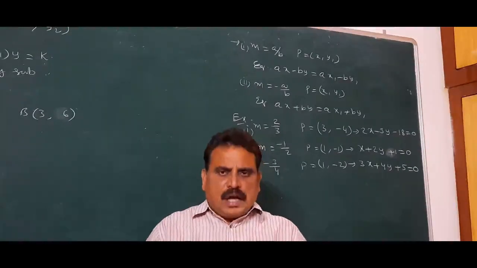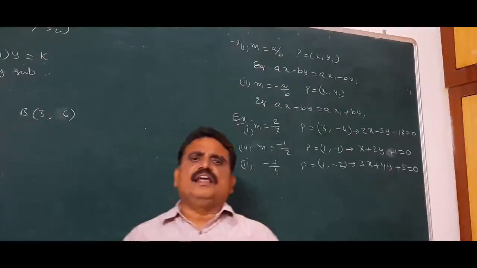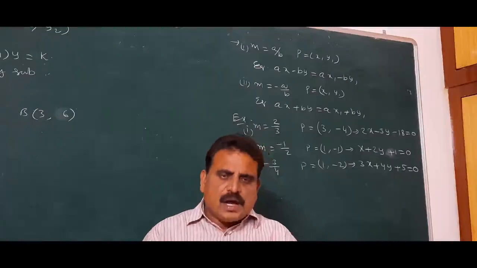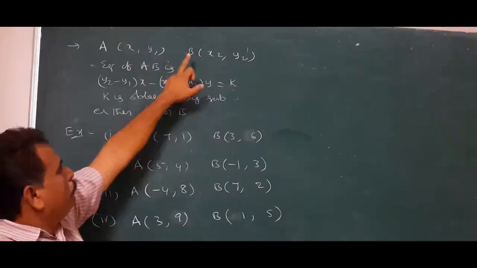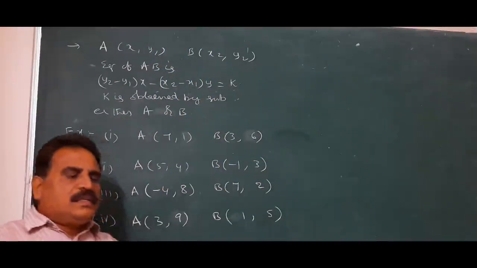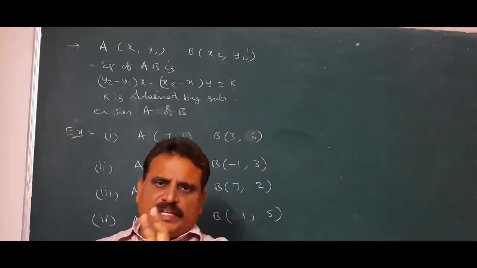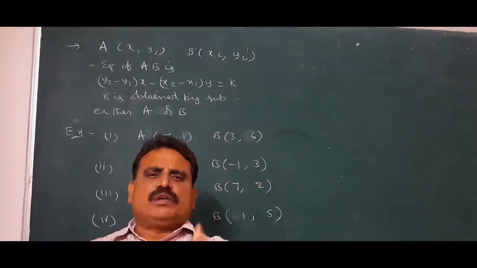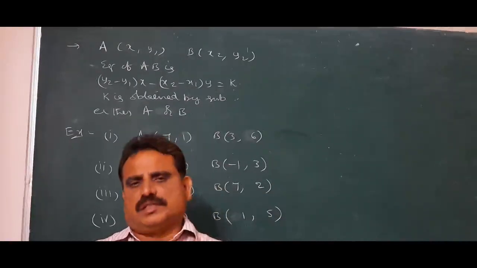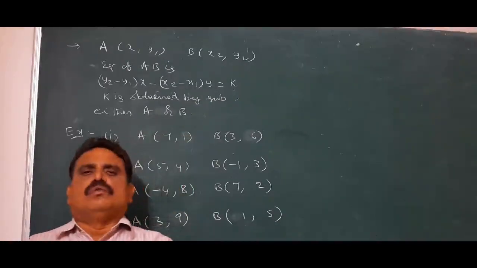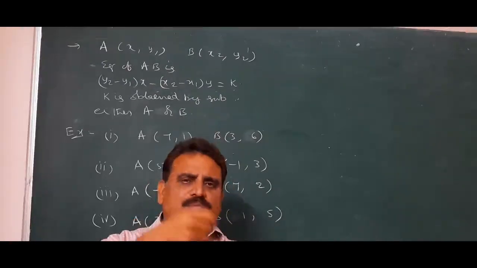Now we are going to the case where two points are given. There is no direct relation, so we can't identify the relation between the x and y coordinates. How to find the equation of the line? x1, y1 and x2, y2 are two points. The equation of the line passing through the two points, you know, is the two-point form: y minus y1 equals (y2 minus y1) by (x2 minus x1) into (x minus x1). By simplifying, we get the x term, y term and constant. It takes 3-4 steps. But by observing the points directly, you can write the answer in a single step.